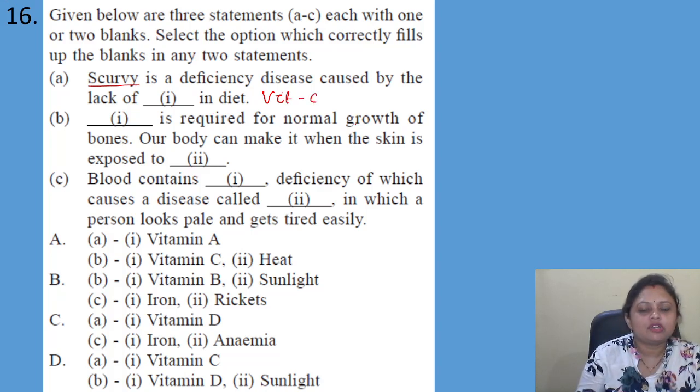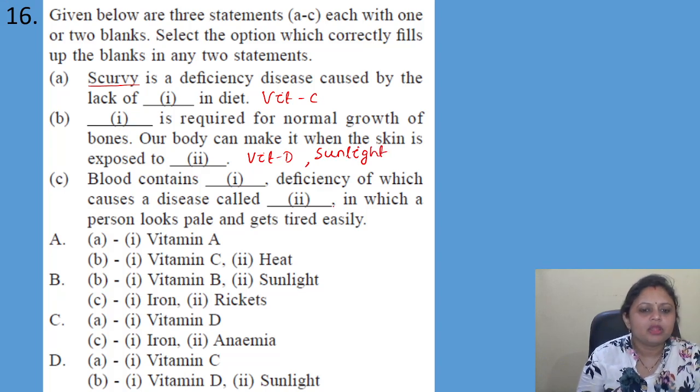Dash is required for normal growth of bones. Our body can make it when the skin is exposed to dash. So one is required for normal growth of bone, that is vitamin D, and our body can make it when the skin is exposed to